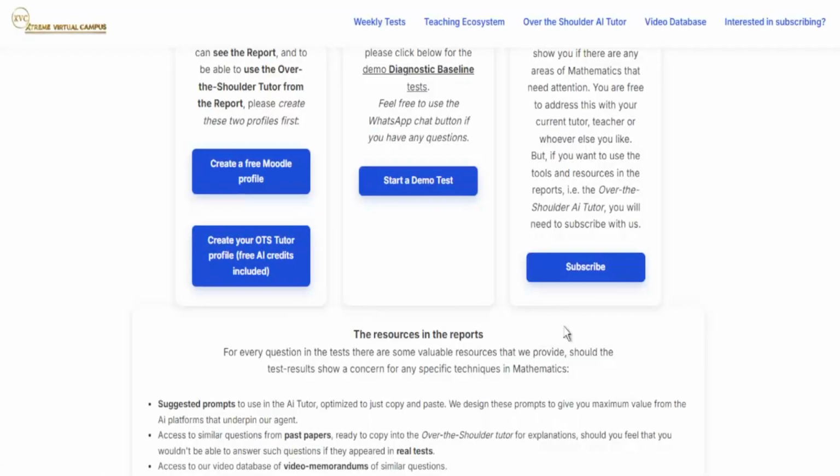Let's assume then that your profile is ready, both of them. You still need to click on that WhatsApp button to tell me who you are so that I can know which profile, as it came through on email, I need to allocate to you. Because I also need to have your parents' email address. We'll get all of that information from the WhatsApp button. When you actually speak to me, you say, "Hi, my name is whatever. I registered the profile," and then I'll ask you a couple of questions. All right, so that is important.